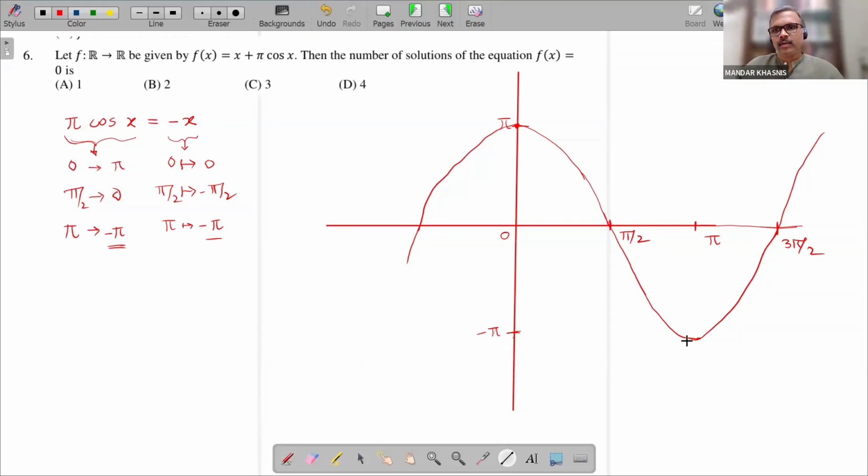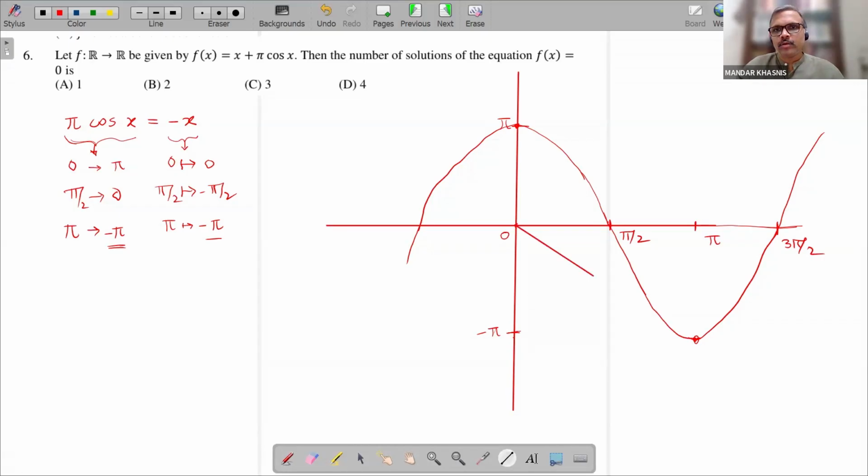So, by the way, it has to cut here. It has to cut at pi, because we know at pi both are equal. And then it has to pass through this point as well. So such a line I want to draw. So when I draw that line,